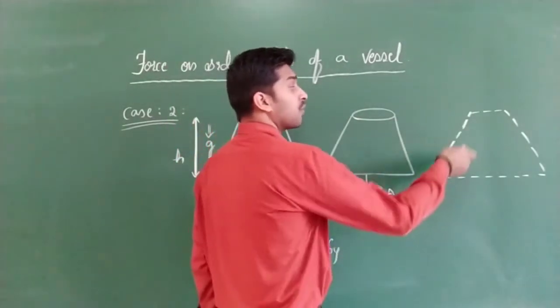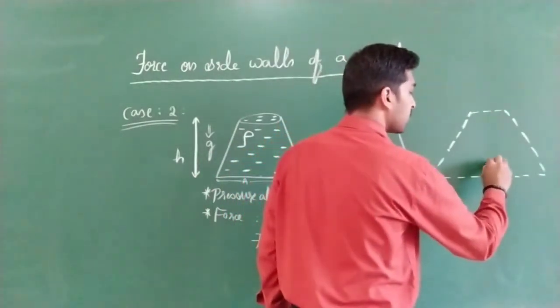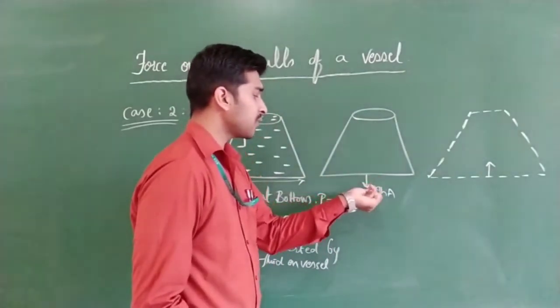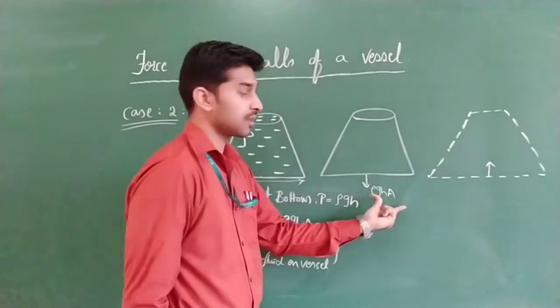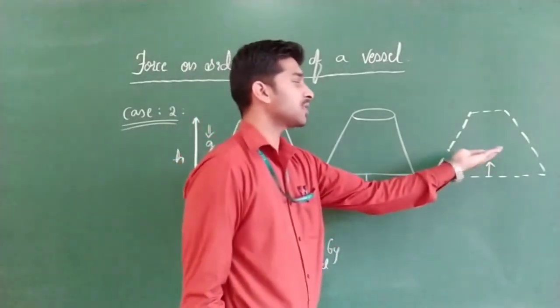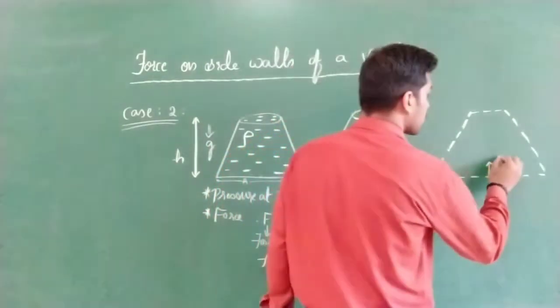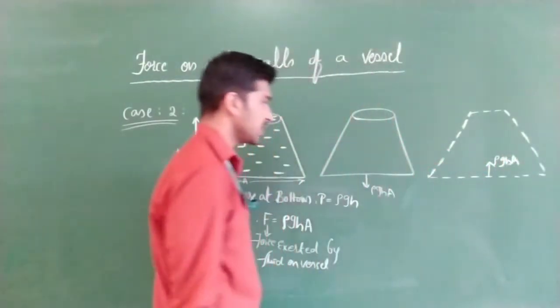That means forces acting on liquid. First of all, why I had drawn this arrow mark above, and this arrow mark below: the liquid is applying some force on the vessel. Simultaneously, the vessel is applying some force on the liquid in upward direction. So that's why this can be written as rho g h A.